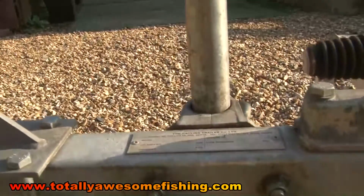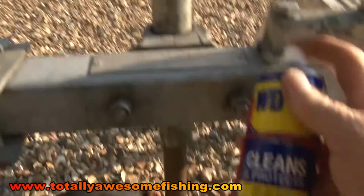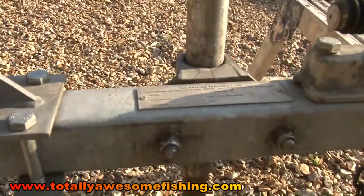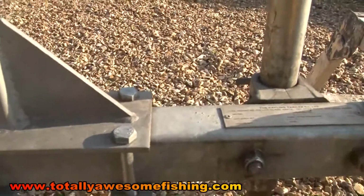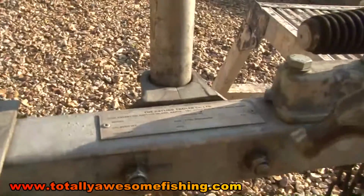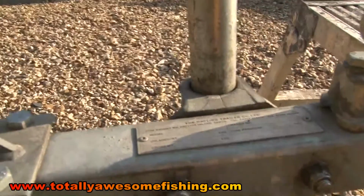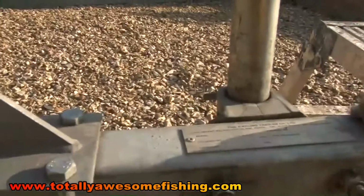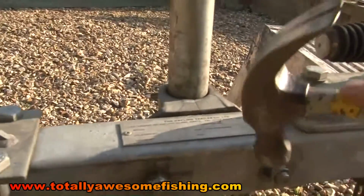Now I've got the Wilson flyer with a hauling trailer, obviously. I'm going to spray some good old WD-40 on those nuts so they come off. And just get a hammer, I'm just going to tap gently. Don't tap here on the threads, you'll burr them over. Just going to tap these, and that'll help shock the oil. Just bump them, it should crack any slight corrosion there might be in there. Just like that. Give them a good old dousing of WD-40, let it set, a few taps to loosen it up,